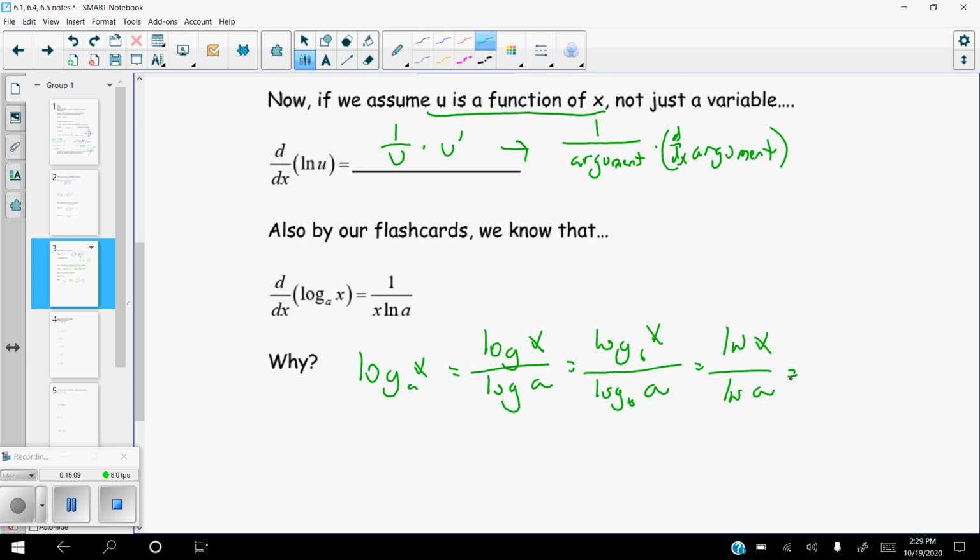So I can write this as 1 over the natural log of a times the ln of x. 1 over the natural log of a is just a constant, and it's a coefficient in this case. So we're going to pull that out as a constant. Then I know that the derivative of 1 over the ln of a, ln of x,